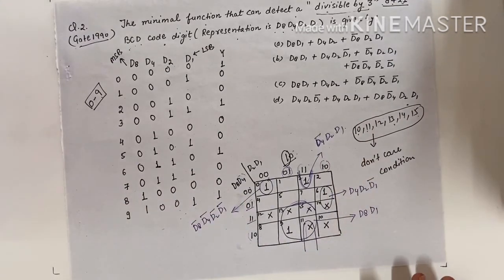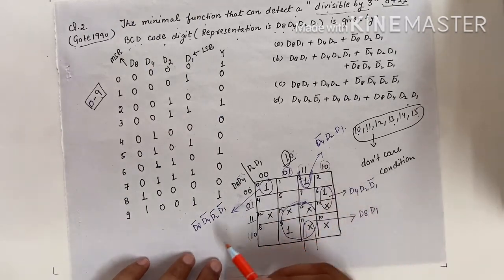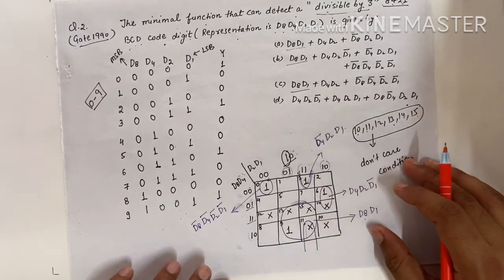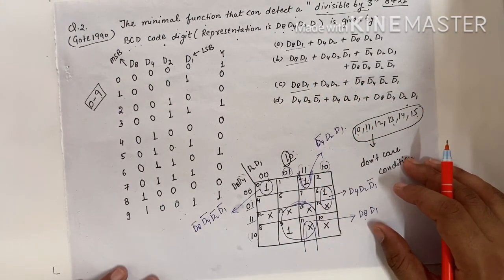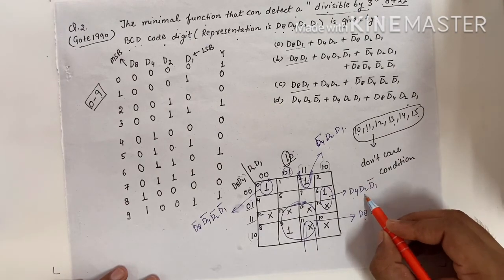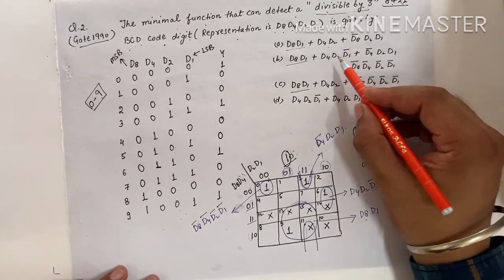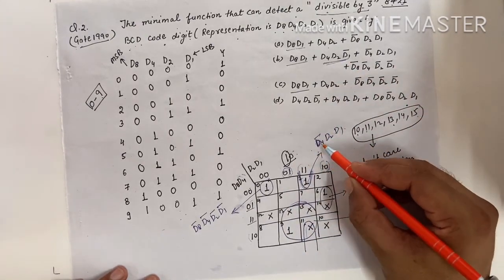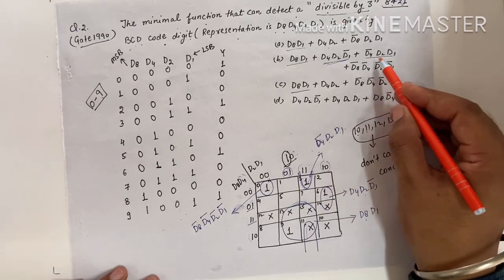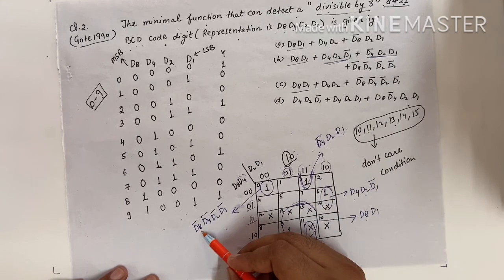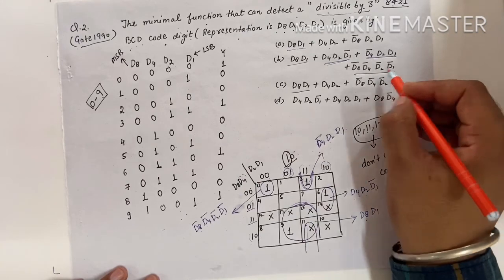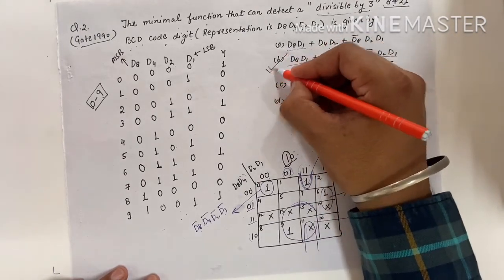Then we have to write the Boolean expression, then sum all the expressions and see which option is right. D8 D1 is here, D8 D1 is here. In 3 options D8 D1 is common. Now we can see D4 D2 D1 complement in this expression. And now we can see D4 complement D2 and D1. D4 D2 is here. And the fourth is D8 complement, D4 complement, D2 complement and D1 complement. So we have got option B as right. So this is the right option.